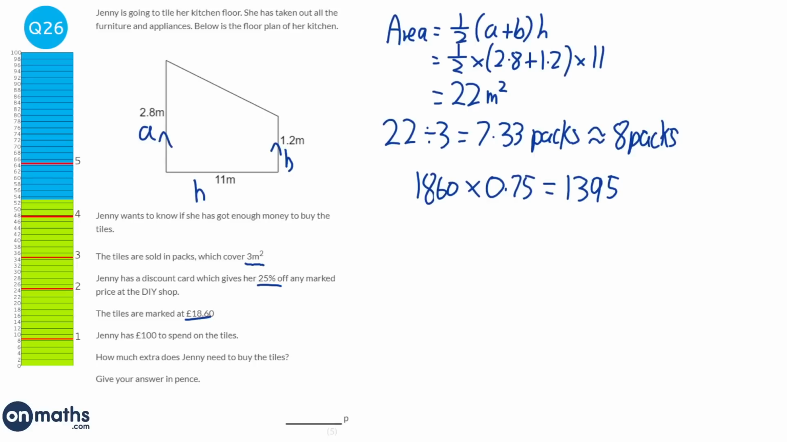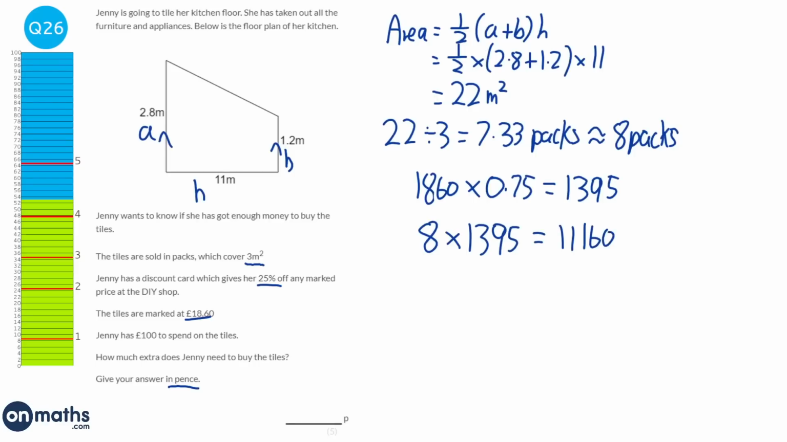And so each pack will cost 1,395. And the reason we're doing this in pence is the answer needs to be given in pence, so I might as well just make that conversion now. And so it's going to be 8 lots of the 1,395 pence packs, which will cost in total